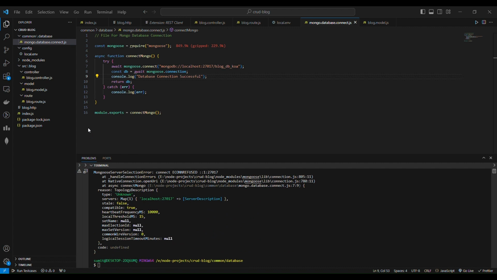Yeah, again a Mongo selection error has occurred. So yeah, it is not understanding localhost and is not making any Mongoose connection. That's why we are getting the error. Okay, so let's change the IP in the Mongo database URL, and add